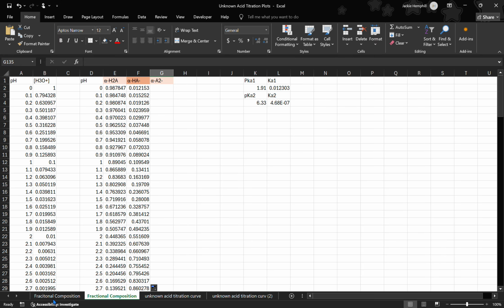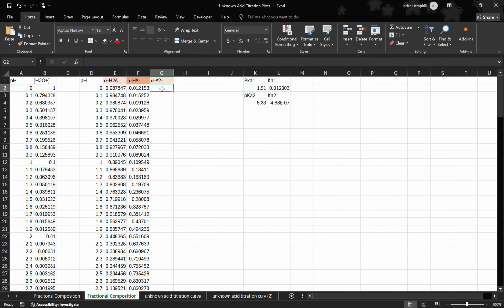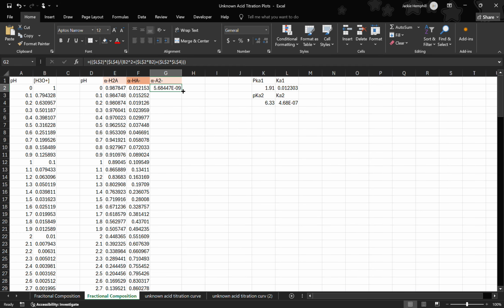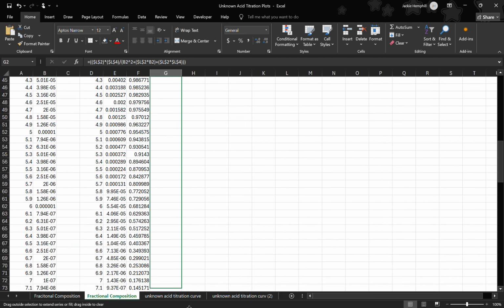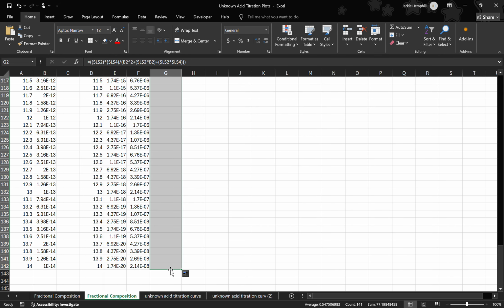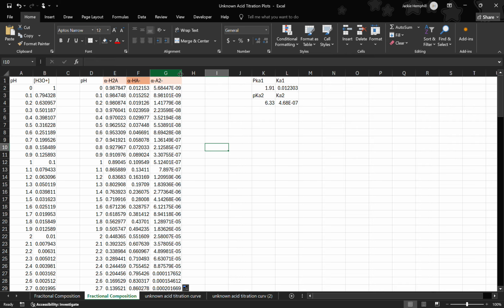Then I'll scroll back up, go to my other page, and copy the last formula. So now that I have all of my formulas here,